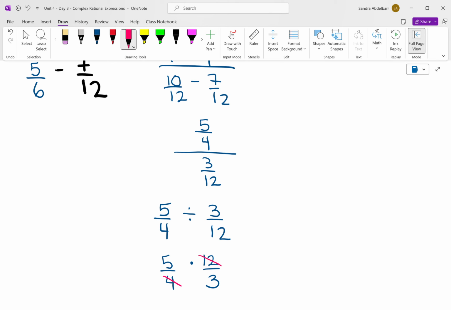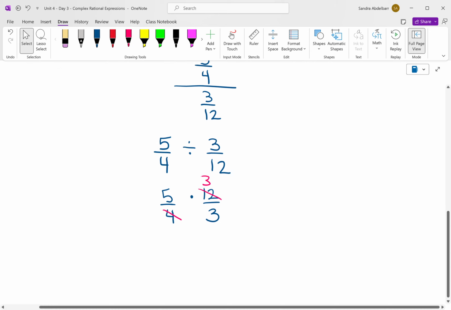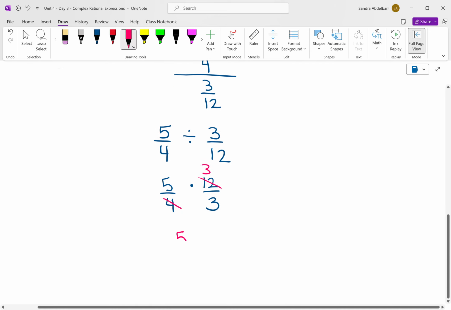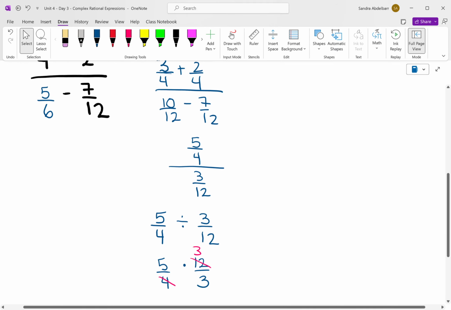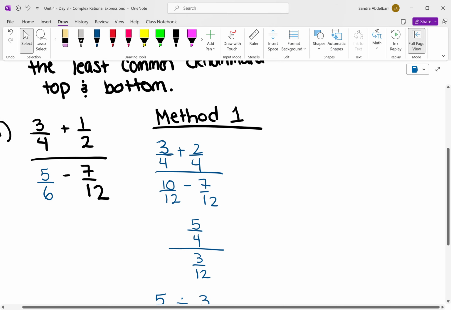So 4 goes into 12 how many times? 3 times. What's 3 over 3? 1. So then we're going to have 5 times 1, which is 5. All right, so that was the first method, the longer method. All right, the second method